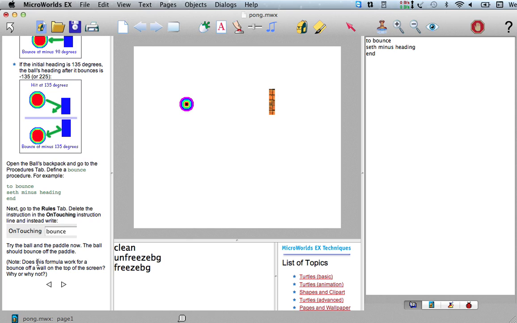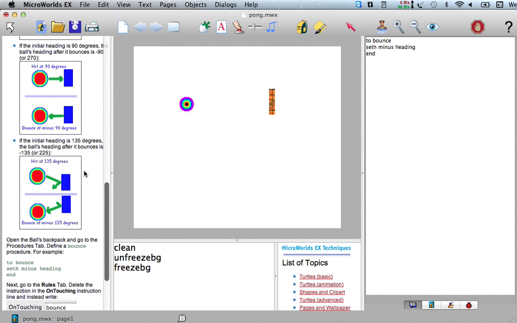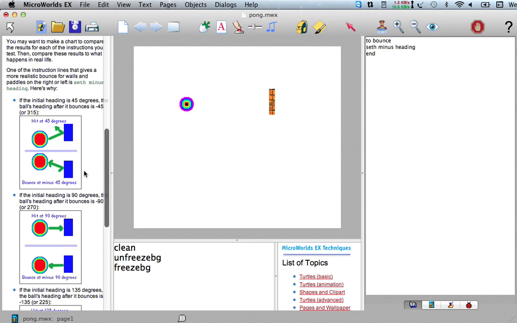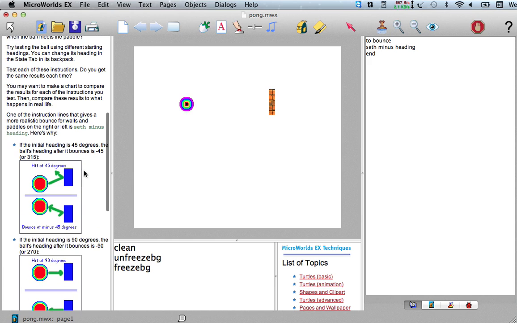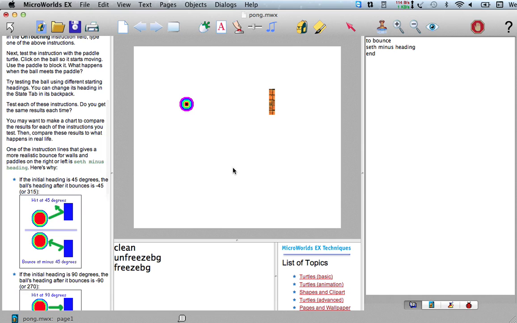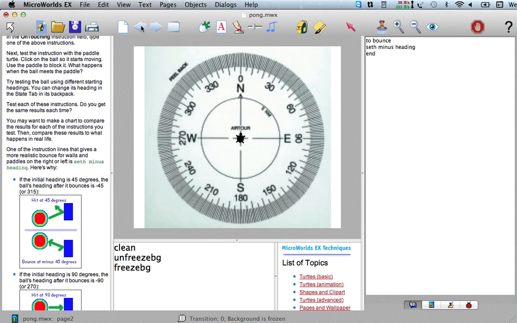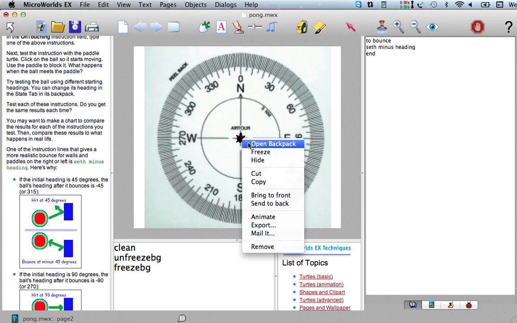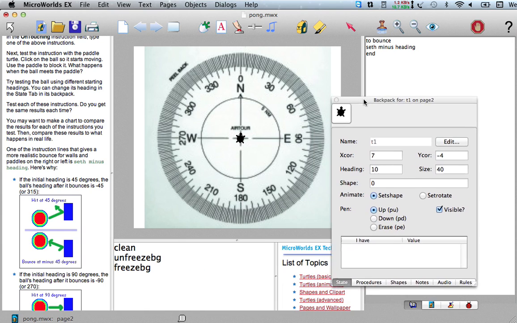There's one other interesting question in here. It says, does this formula work for a bounce off a wall on the top of the screen? So could we bounce off of the top of the screen using the formula set H minus heading? Let's think about that. Right now this guy's heading is